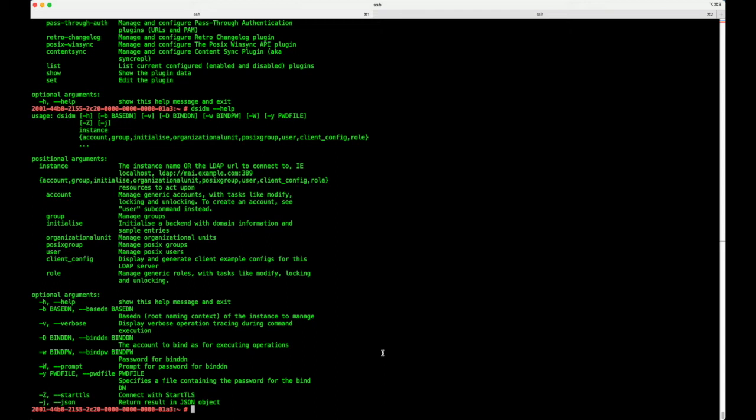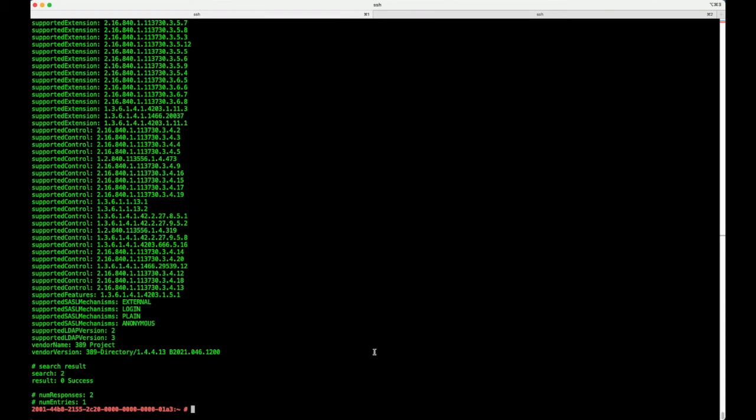So one of the first things that we can do to just make our life a little bit easier is we want to be able to do LDAP searches. And when we go to do LDAP searches, as we saw before, I had to type in a large number of options for this search to work, like -H, -b, -s, all of that stuff. From dsidm, we can actually help generate and see some of the options that may help us have a better experience here. So if we go dsidm localhost client_config,